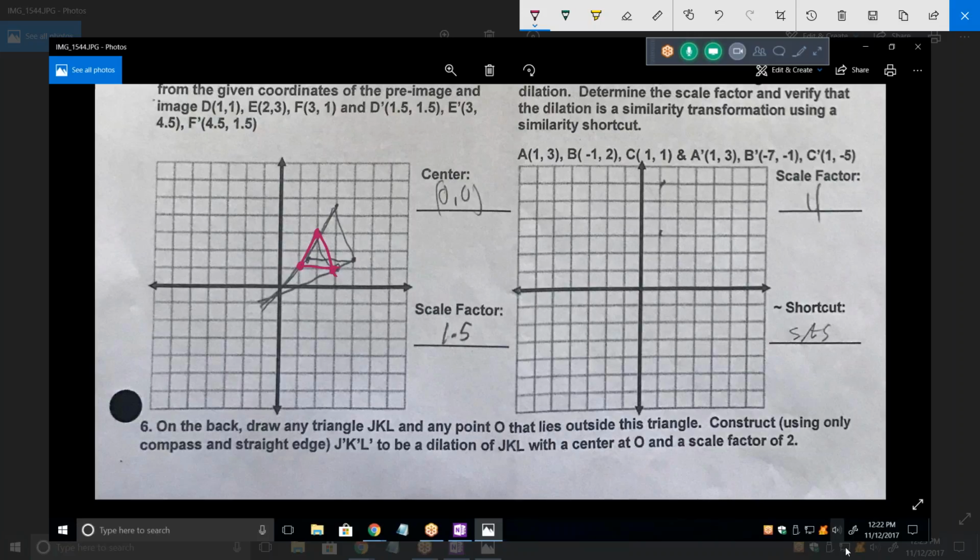And then D1 was (1 1/2, 1 1/2). There's (1 1/2, 1 1/2), and (3, 4 1/2). It's got to be that point. I should use different colors. And (4 1/2, 1 1/2) is that point. If I draw that triangle,